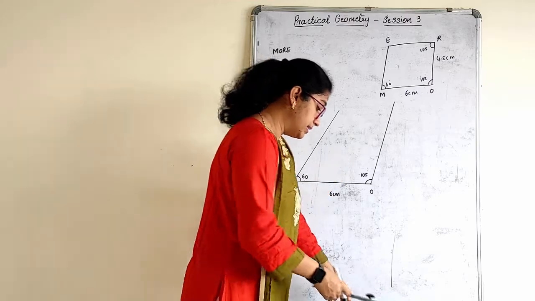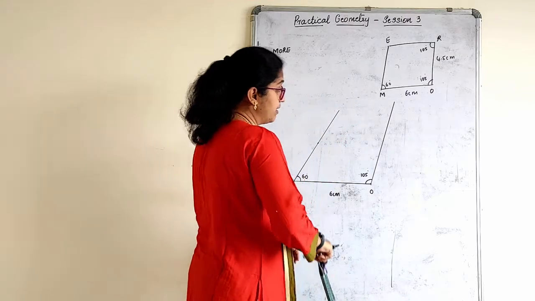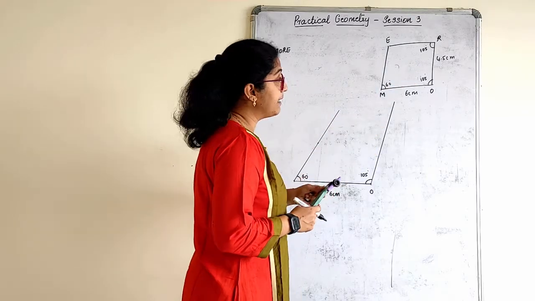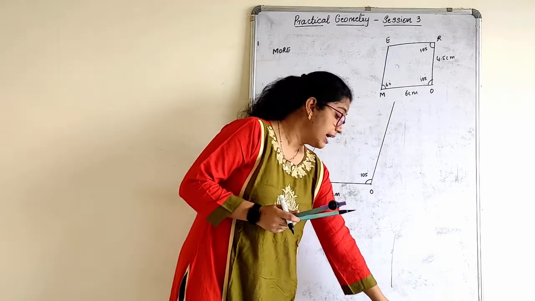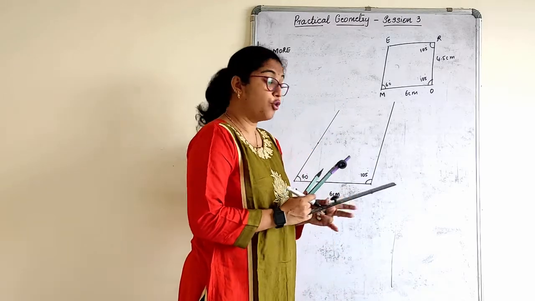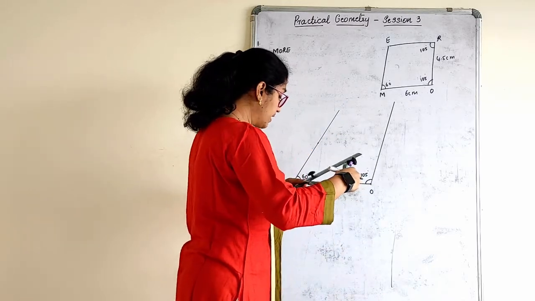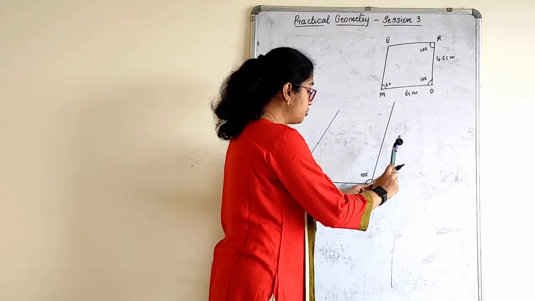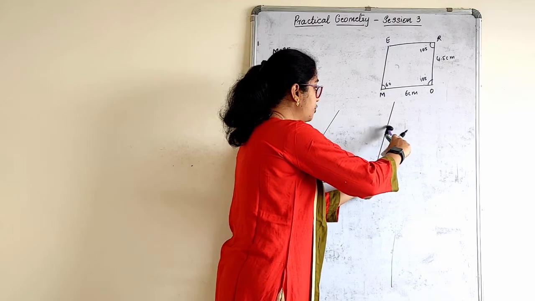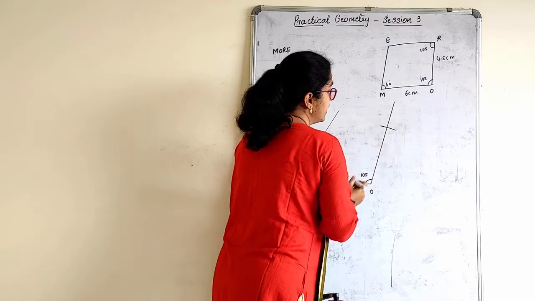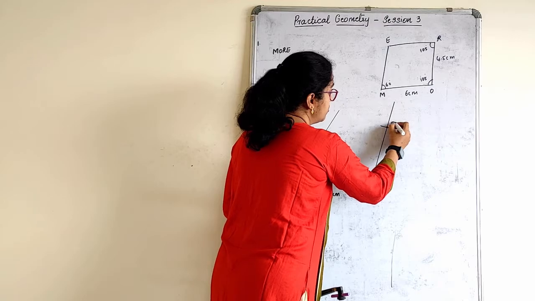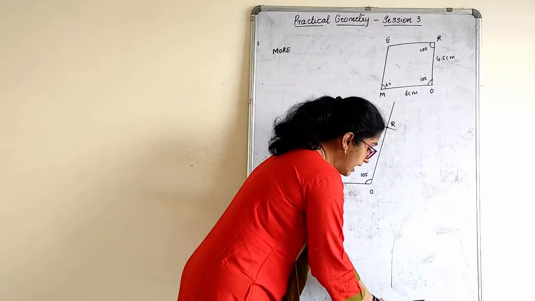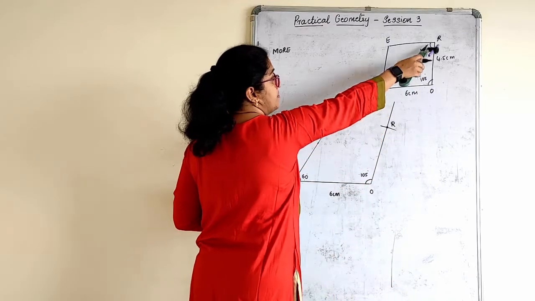Have they given the measurement? Yes. For how much have they given the measurement? They have given 4.5. That means this 105 degree that I have constructed, I have to cut an arc for 4.5. So take the 4.5 measurement, keep your compass at the point O and cut it for 4.5. Done? What is this point, children, now? R.